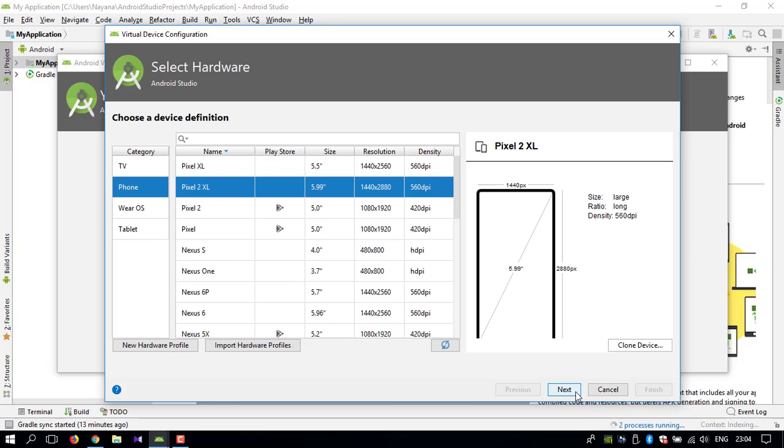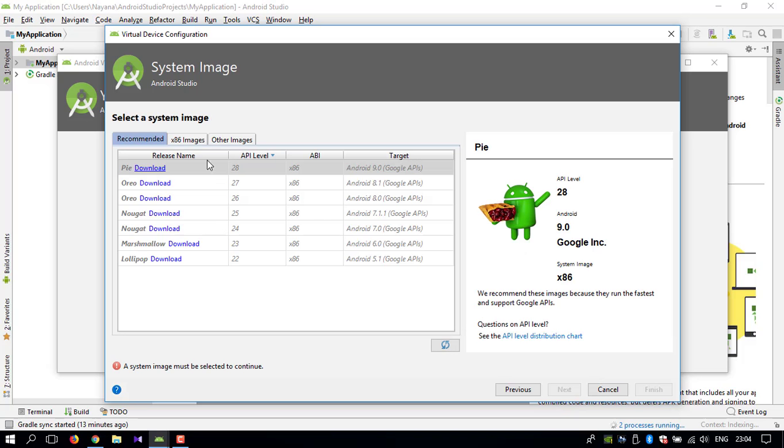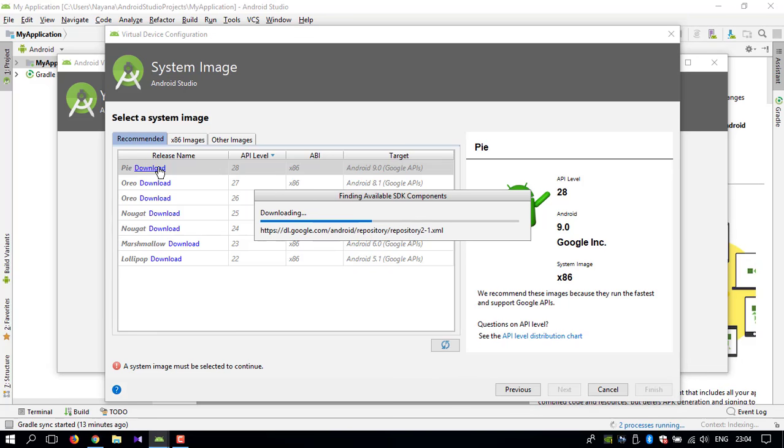I'm going to select Pixel 2 XL. From here you need to download a system image, so I'm going to download the latest one, which is the Pie API level 28,